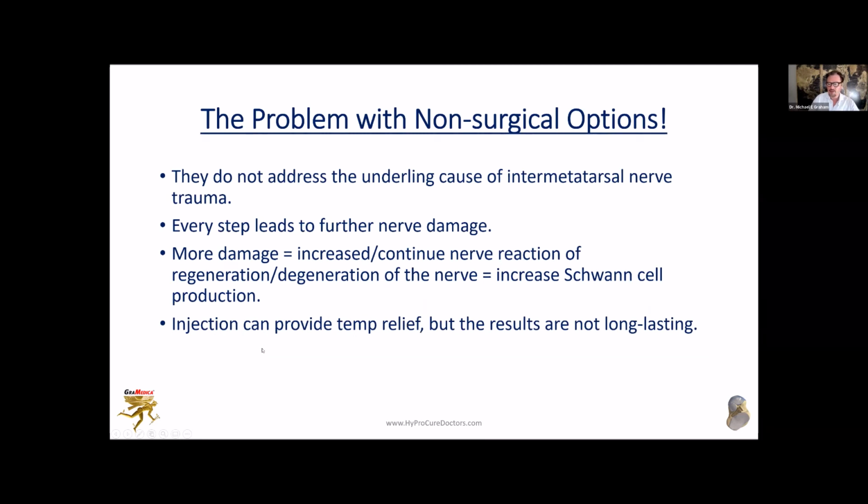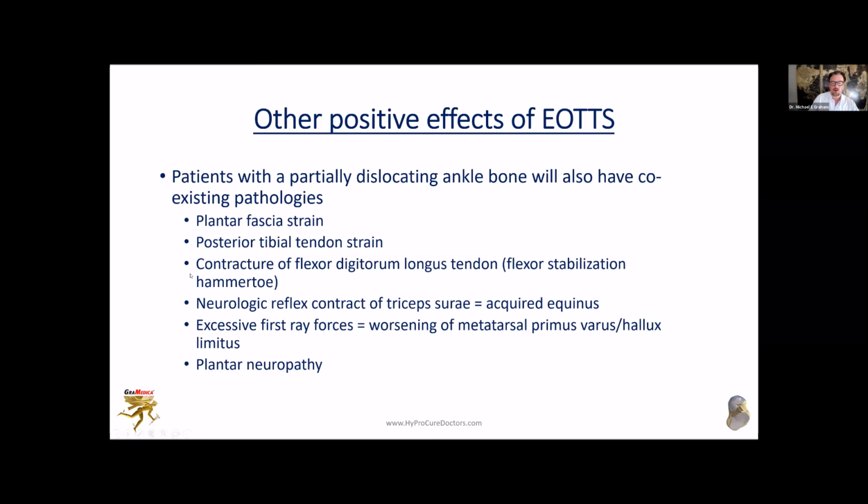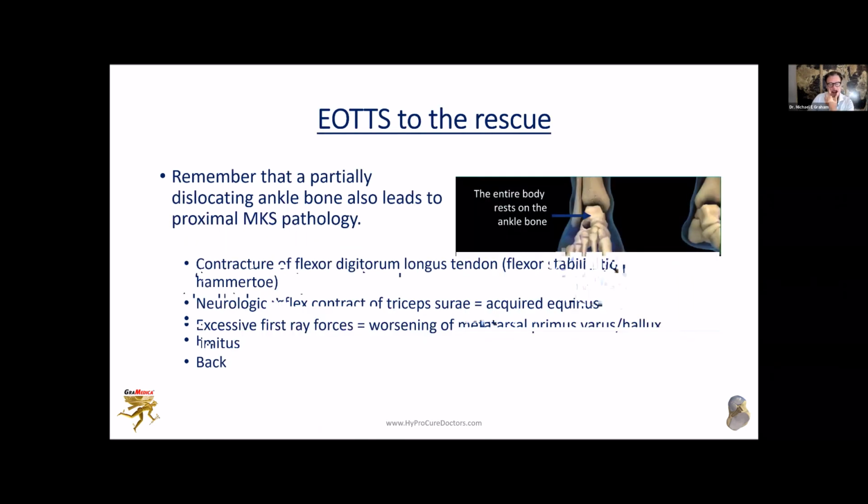So that's why before we start going in there and cutting out these nerves, let's do something that makes a lot more sense, that is evidence-based as far as the ideology of why we should stabilize the subtalar joint. Of course, we know all the other many positive effects of HyProCure on the plantar fascia, the posterior tib tendon. It helps to relax the flexor tendons, and even the lumbrical and interosseous muscles will be relaxed because the forefoot is going to be strengthened. It's going to have a positive effect for functional equinus, first ray, plantar neuropathy,